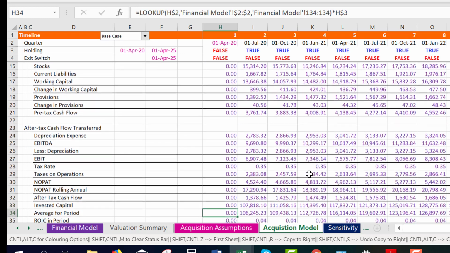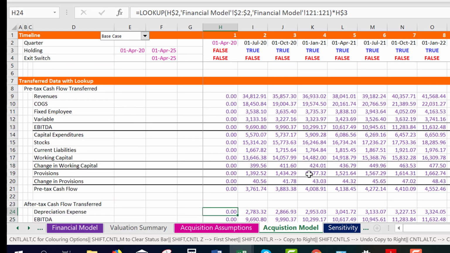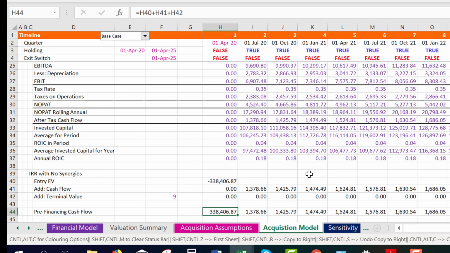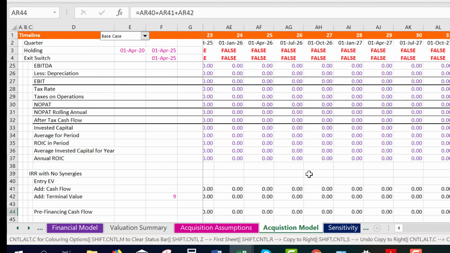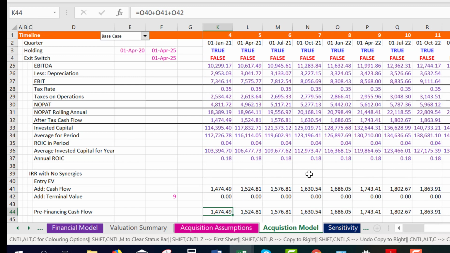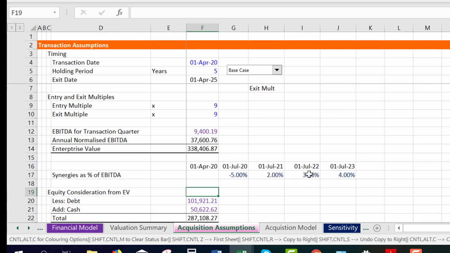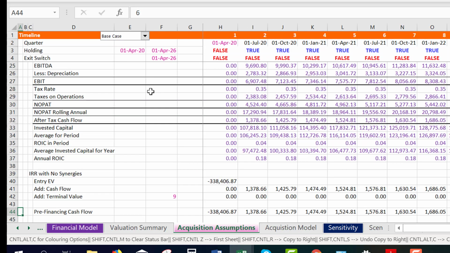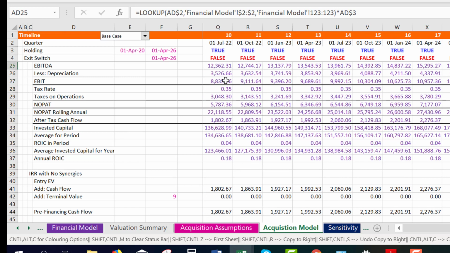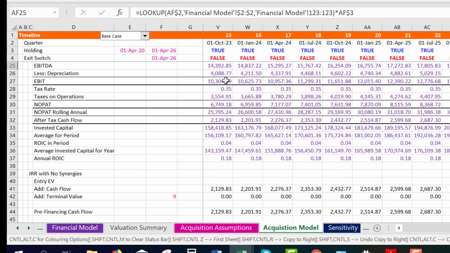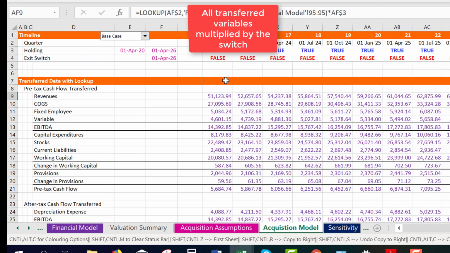So this all just is transferred variables. I put even a little title. I also put a little holding period here. Okay, so if we change this to 6 for the holding period, then we still transfer all the variables, but when I transferred the variables, I multiplied them by this little holding switch, which is going to be a crucial idea